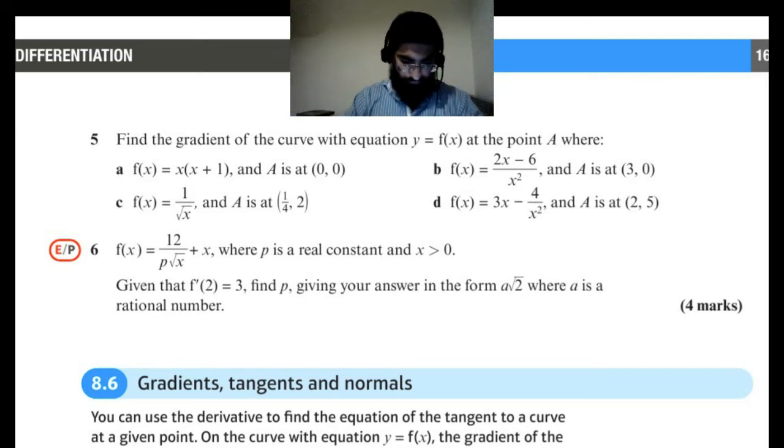Divide 1. f of x is equal to 12x minus 1 by p plus x. Okay, and this will give me f dash x is equal to minus 6